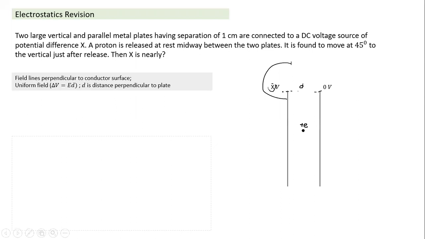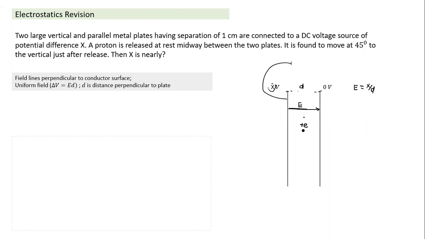So what is the very simple thing involved here? First of all, whenever the field is aligned like this, what would be the direction of the field, except for the end region? We always talk about the middle region. Field lines will start from the positive plate towards the negative plate, and that's the direction of the field; potential will decrease, higher potential to lower potential. In this case, the field is constant. Potential difference is equal to E into d. So delta V is equal to E into d. Since the distance and potential difference are given, E is equal to X by d here.